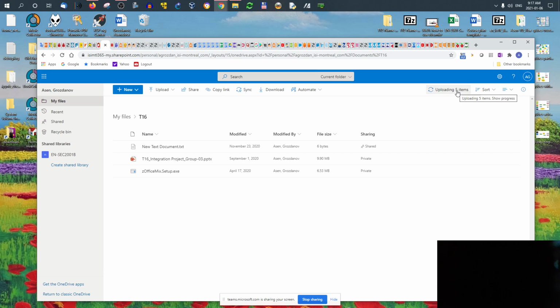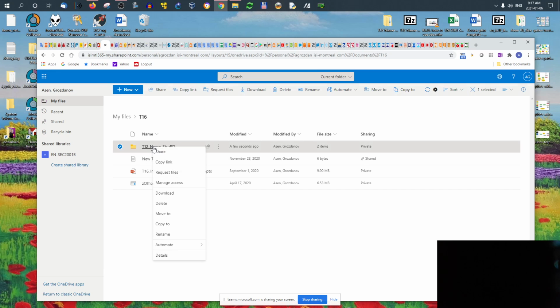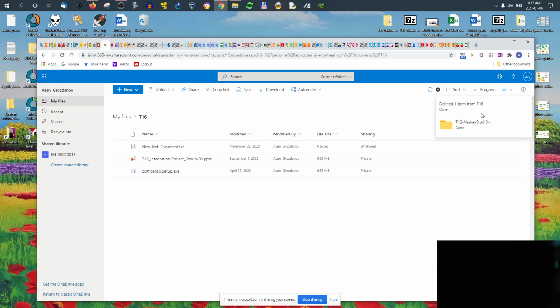On the right side you're gonna see it says uploading some items, and actually some of them, if they're empty, they won't be uploaded. That's okay, you just need to put something inside, right? That's what it shows me here. But nevertheless, afterwards you do exactly the same what I did. Okay, I will delete this. I don't need it anymore, right? I just wanted to show it to you how it looks. So then you do whatever I just did. Okay,